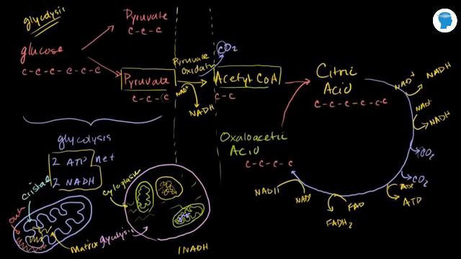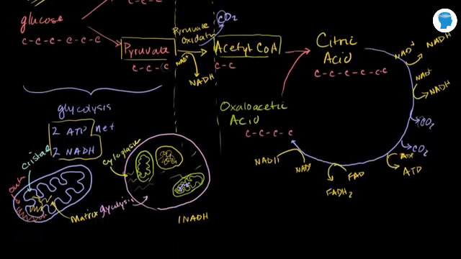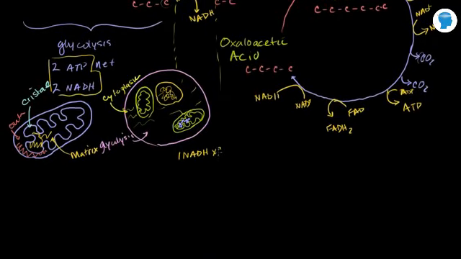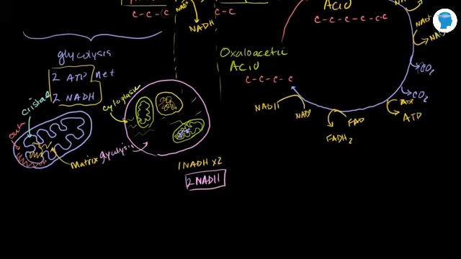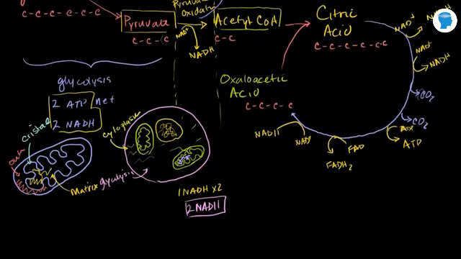But glycolysis produced 2 pyruvates. So everything after this we're going to multiply by 2 for every molecule of glucose. So the pyruvate oxidation times 2 means that we got 2 NADHs right there. And then when we look at this side, the formal Krebs cycle, what do we get? We have how many NADHs? 1, 2, 3 NADHs. So 3 NADHs times 2, because we're going to perform this cycle for each of the pyruvates produced from glycolysis. So that gives us 6